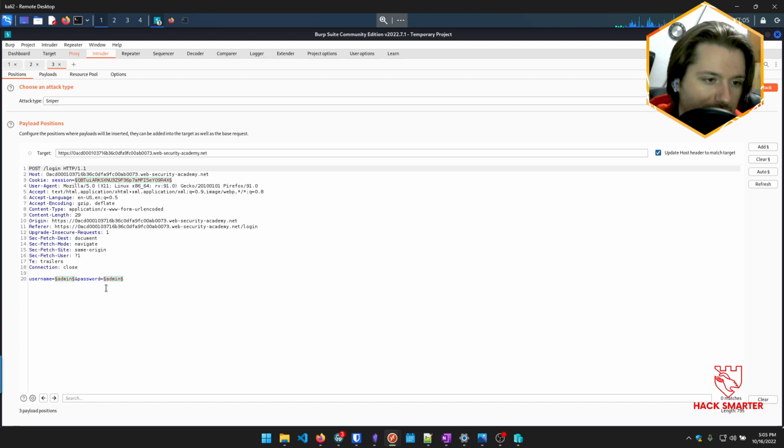We're gonna clear all positions because right now we just want to do the username, I think. Maybe not. Did we see what the response was? So okay, we did need it in Repeater because that's how we're gonna know if we can use the grep match or not. I take that back. We're going to use the grep match either way, but this will tell us what string we need, and here we go. This is best practice: invalid username or password, right? So we're going to add this in,